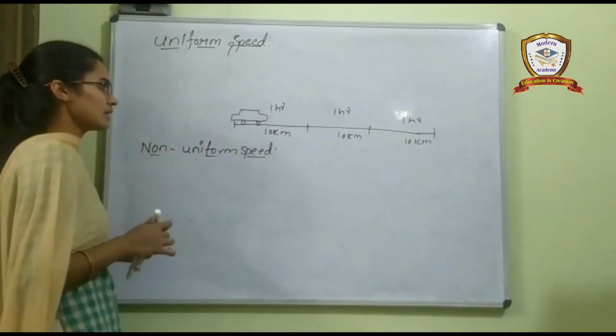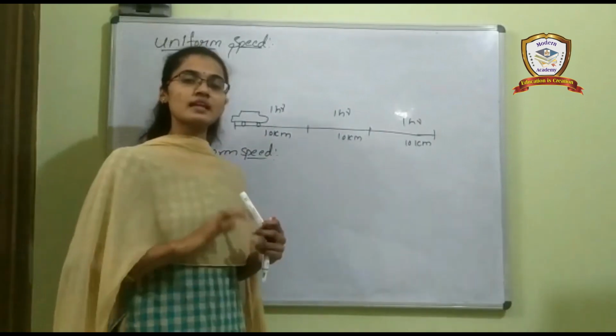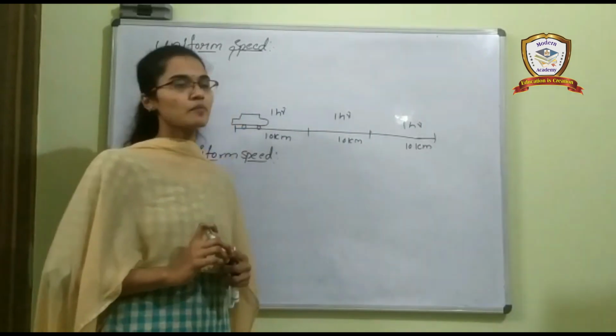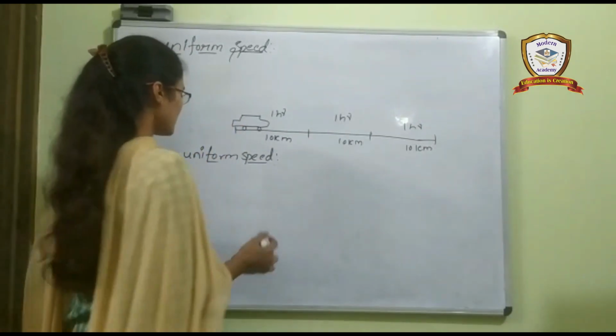Non-uniform speed is nothing but if a body covers equal distances in unequal intervals of time or unequal distances in equal intervals of time, then a body is moving with non-uniform speed. For example,